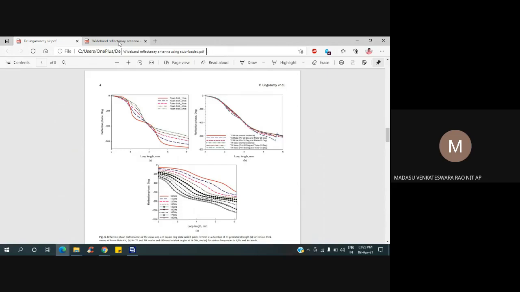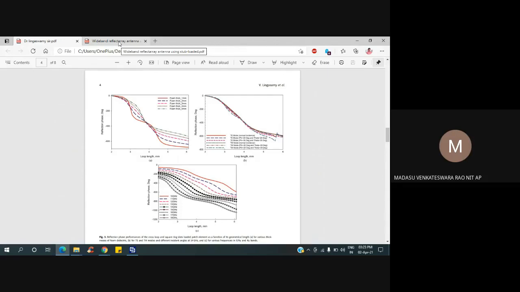Actually, I think we are taking the unit size as lambda by 2, and the distance between the unit cells is also lambda by 2. The distance to the reference plane, the unit cell is lambda by 4. Sir, if I take lambda by 4, they are merging.